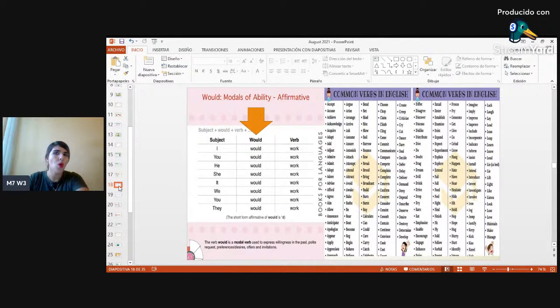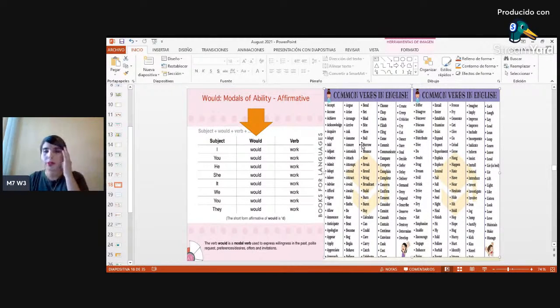We can express would, obviamente el would nos sirve para transformar los verbos en esa posibilidad. No es exclusivo de utilizarse con el like. También lo podemos usar con cualquier otro verbo. Por ejemplo, I would work. Yo trabajaría. With all the subjects. Y lo podemos usar con todos los sujetos o pronombres personales. Okay, we have a chart with verbs, so we can use it with all of them.